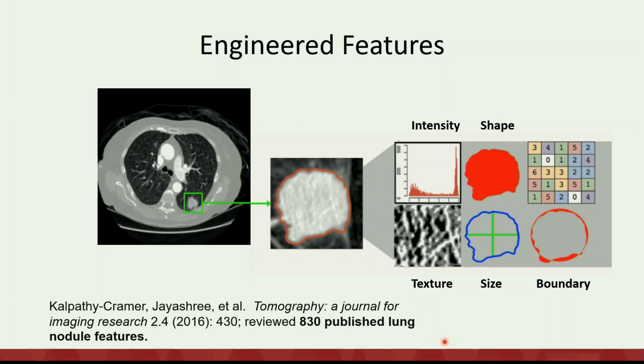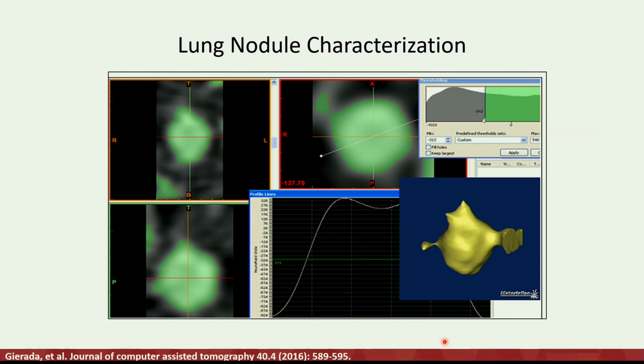So, the problem, of course, is that as with many areas of science, there are a lot of different ways of measuring these things. And so Jayshree Kalpathy-Cramer and some other colleagues from the Quantitative Imaging Network program at NCI that I'm also involved in, did a survey of the literature and came up with 830 lung nodule features, which they've classified, and the classification happens to be a kind of the classes that I've just been showing you. So there's a lot of different ways of measuring this, which makes it a little bit more difficult to understand, but we use our own feature space representation, our own set of features